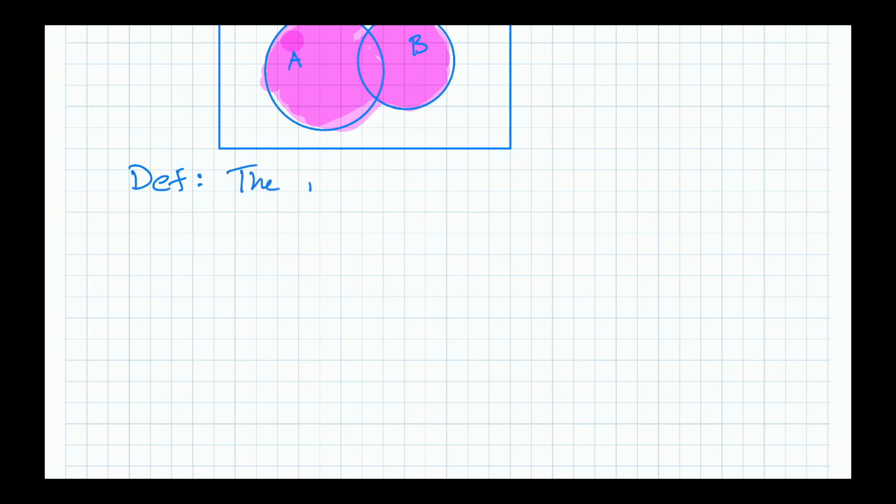I'm just going to say the intersection of sets A and B, denoted A intersect B. Looks like an upside down union symbol. A intersect B is the set